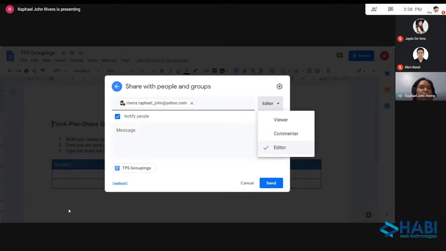Whenever we are giving files to our students, we should take note of these three different access privileges. For the files that we just want to give out to them, like for example, templates and instructions, we better place them as the access for viewer because we don't want them to edit anything with the document. Now, for this specific document in which we would want them to collaborate and edit in real time, we would want to select editor. When I click on editor over here, the student account would be able to edit this specific file. So I'll click on send,